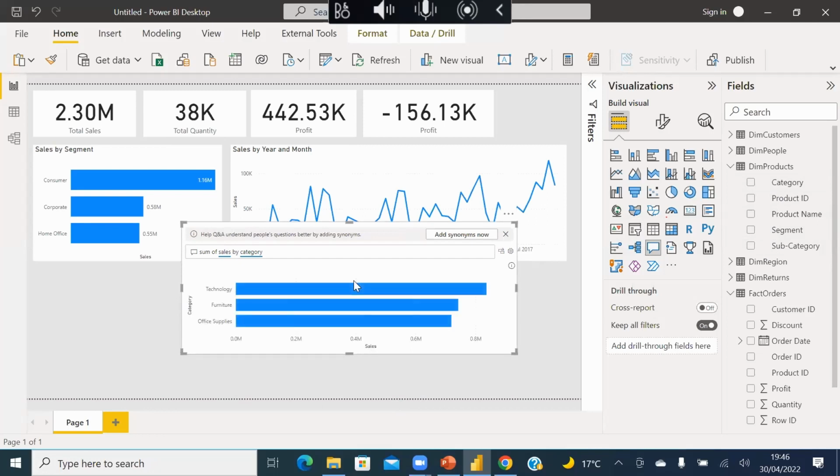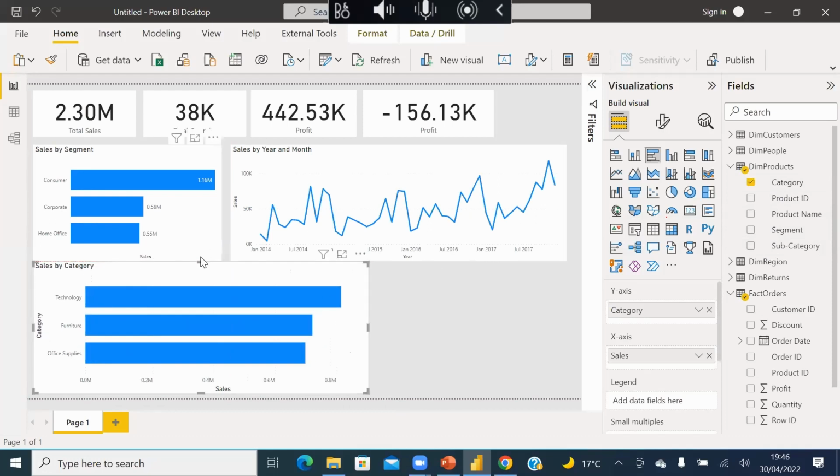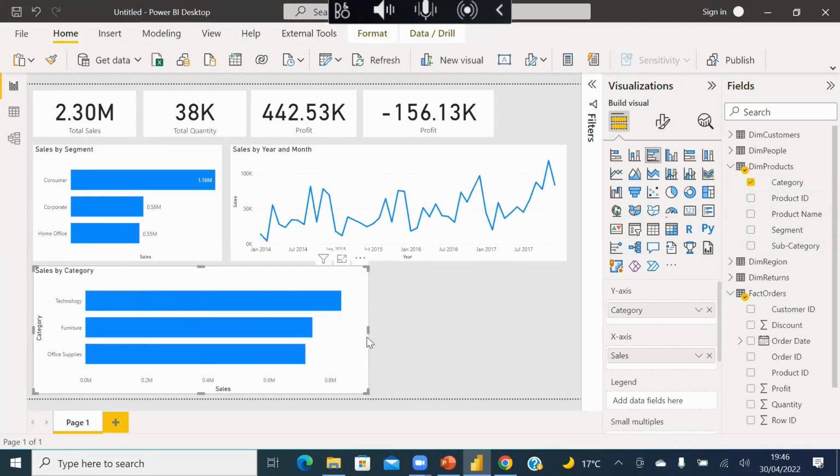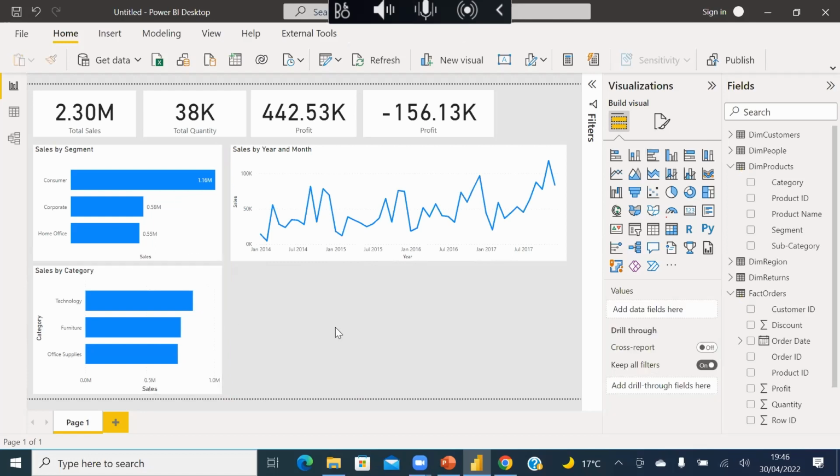So there was no need for you to start doing some kind of drag and drop. All you needed to do was add some English and boom, you have this here. So you can change this into a visual. Do you see that? You come here, you can drop this here as well. Isn't that amazing?